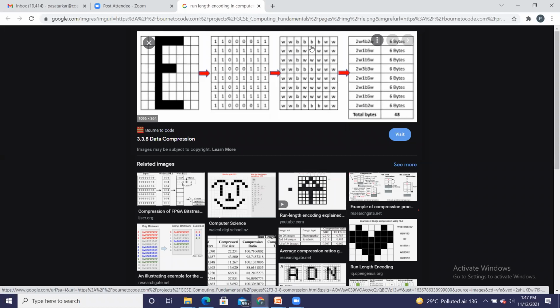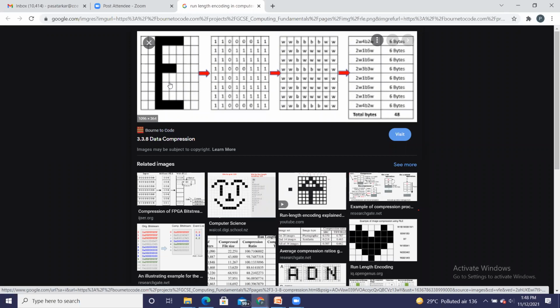I have compressed this information scan line wise, first scan line, second scan line, third, up to the 8th scan line, and each size is reduced to 6 instead of 8. Ultimately, the total size required is 48, while earlier 64 was required for the 8 by 8 block.